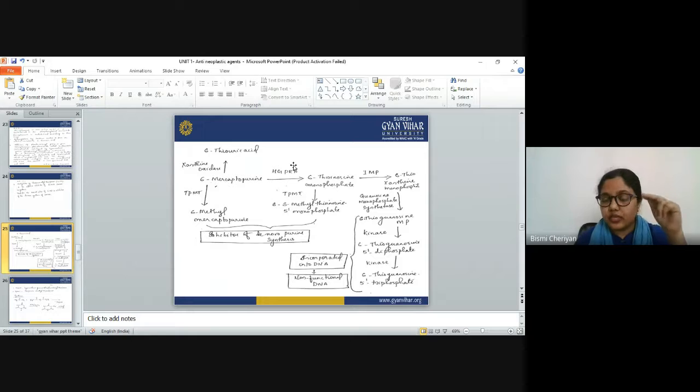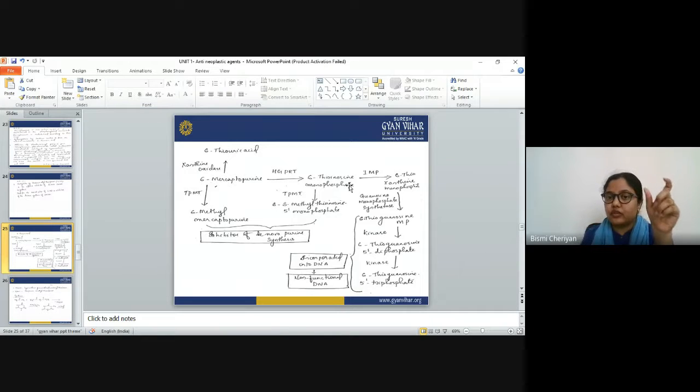So please note it down, the full form of HGPRT: hypoxanthine guanine phosphoribosyl transferase enzyme. In the presence of this enzyme, this 6-mercaptopurine is converted into the